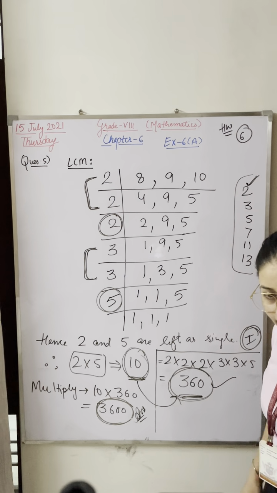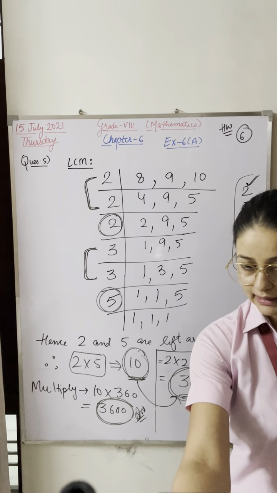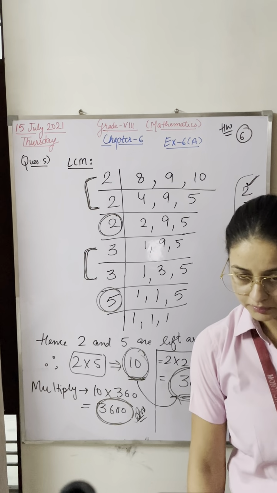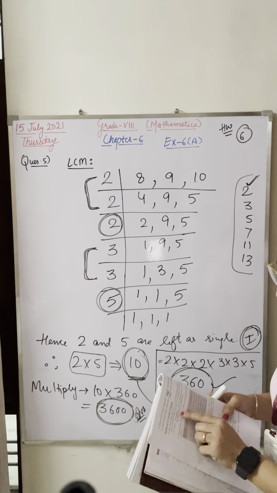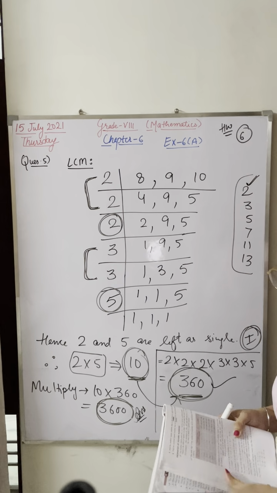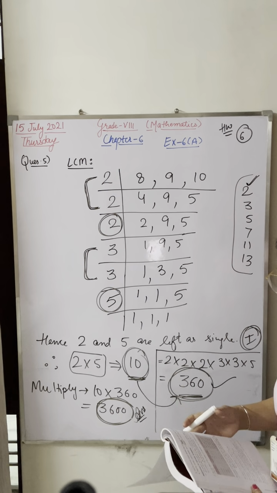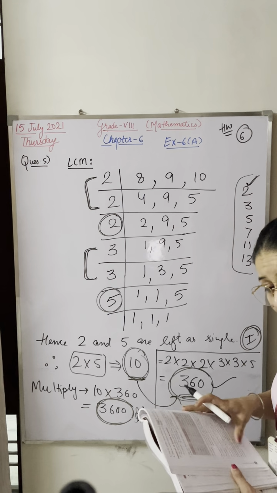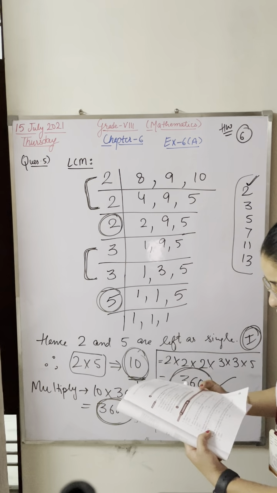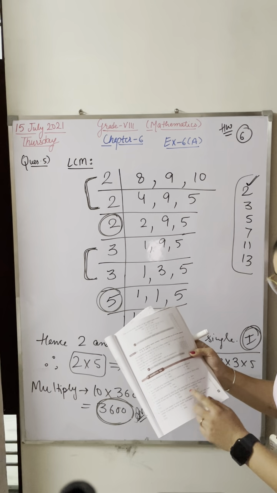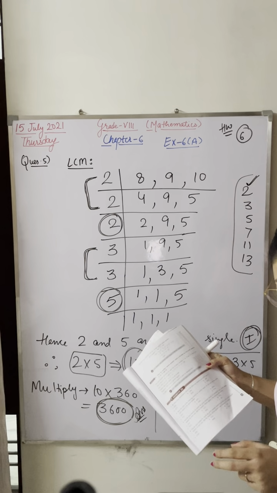Okay, right? Yuvraj, Vashisht, clear? Chaitanya, in these 2 questions, 5th and 6th, no number will be left as single. There might be 2 numbers or 3 numbers. In the previous questions, Chaitanya, yesterday we discussed some questions, question 3 and question 4, where one number was left as single.